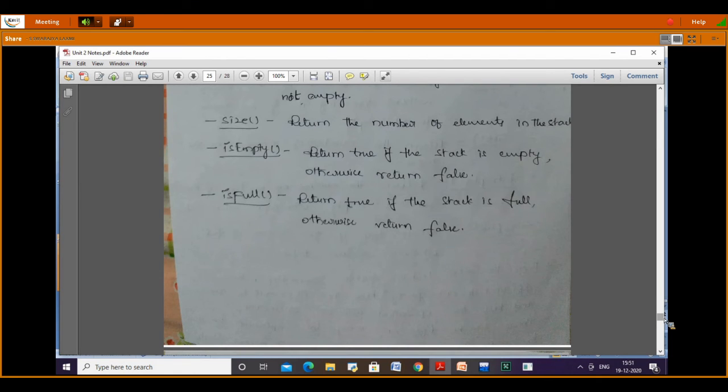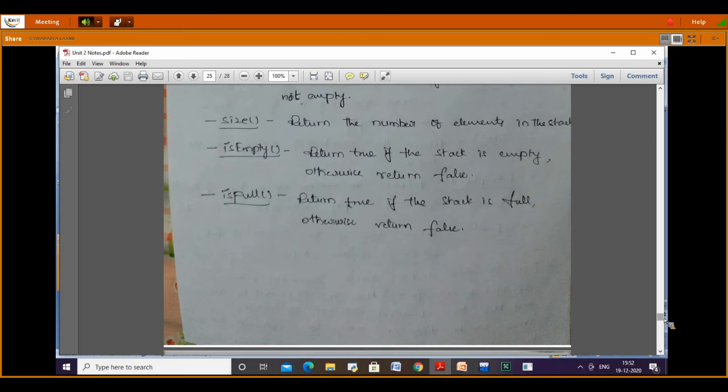What are the applications of stack we have? I want applications of the stack.